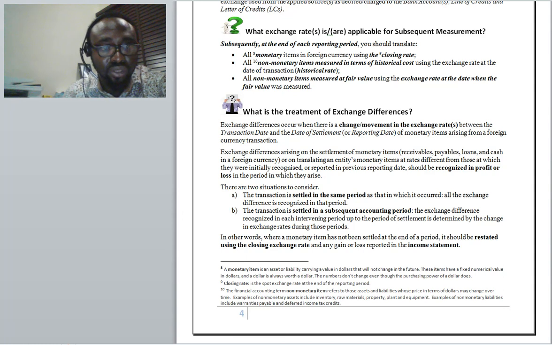and simply put, the gain is considered to be realized because settlement has been made. Whereas situations might exist, which is the second scenario, where the transaction is settled in the subsequent period, which means a transaction has impact cutting across two periods based on the changes in the exchange rates. Now, the analogy is this. I purchased goods on the 10th of November 2016, of which I'm granted a 90 days payment window.